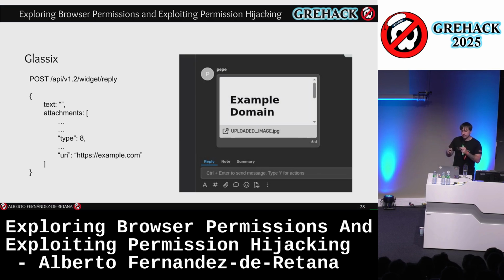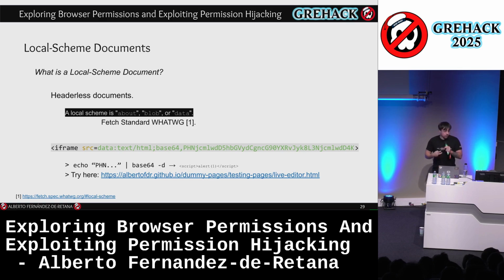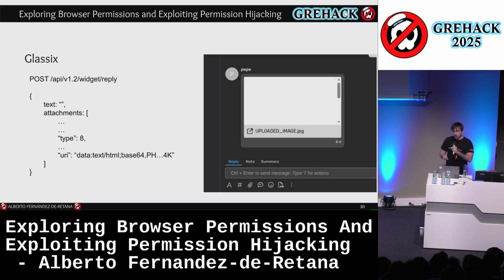Don't know if you know, but there are local scheme documents. I'm going to talk a lot about local scheme documents, so they will be important for the rest of the talk. These are headerless documents, so there is no request out and no response. There are no headers. They're called local scheme documents because they run in the same origin in which they are embedded. So I used this for inserting my JavaScript, but in the case of Glasses, they were